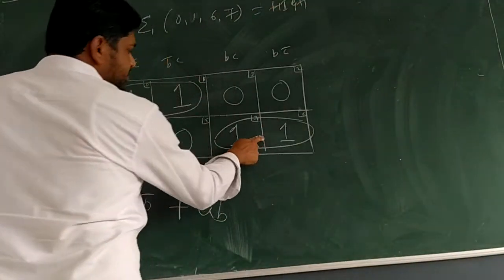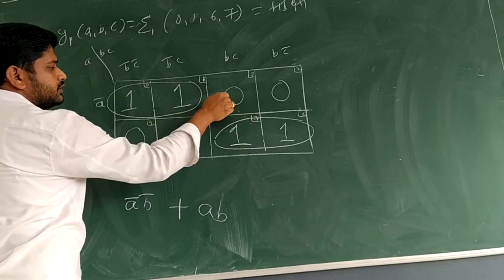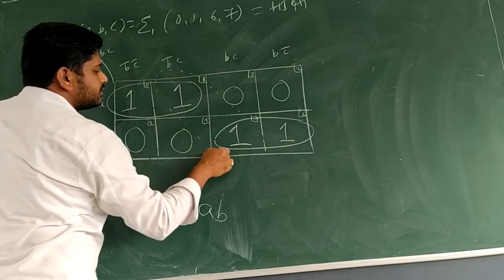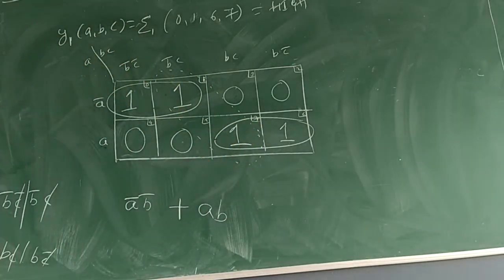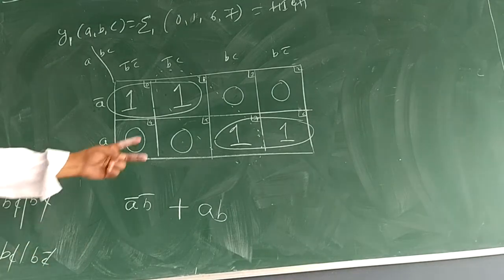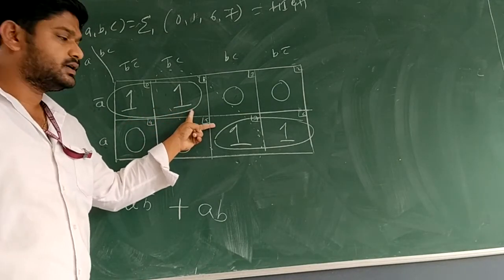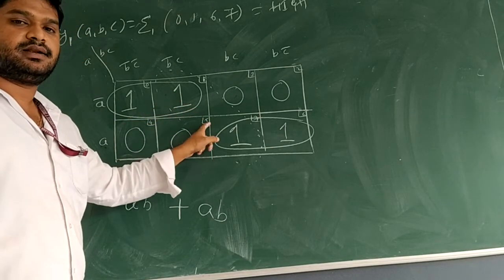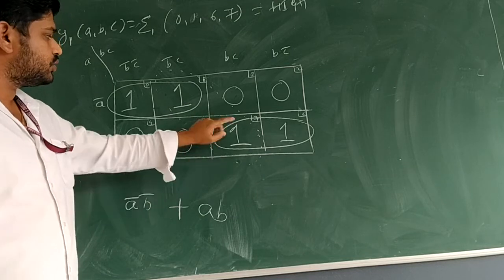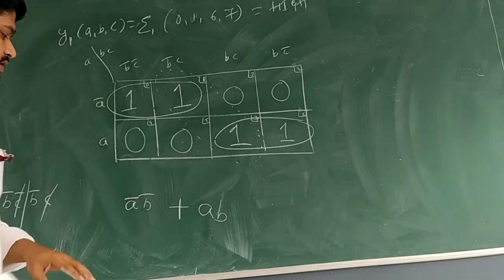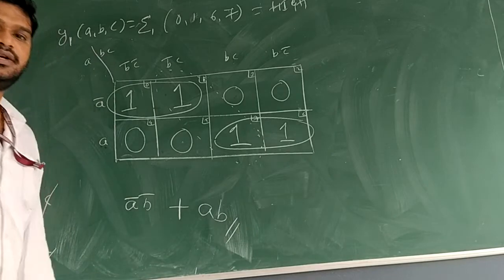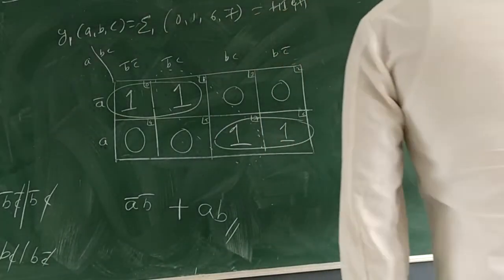We should not consider 1 with the 7, because they are diagonal, not adjacent. So we will not consider this. So this will be the simplification. Okay, now let's do by